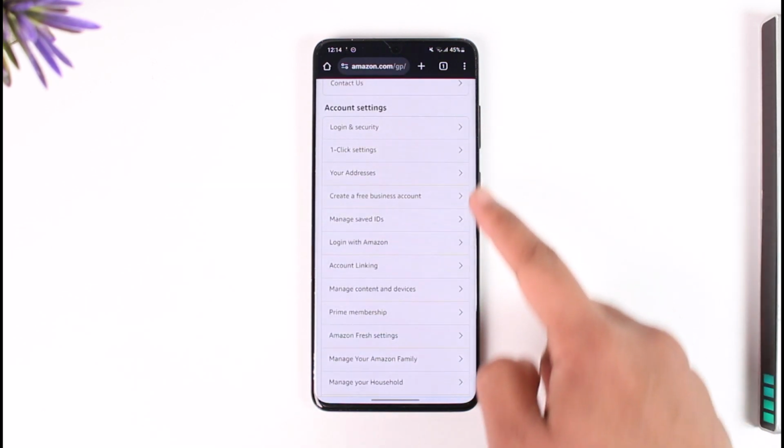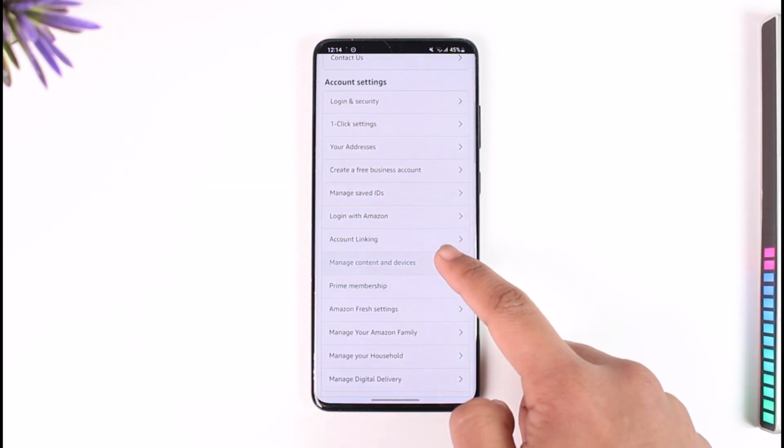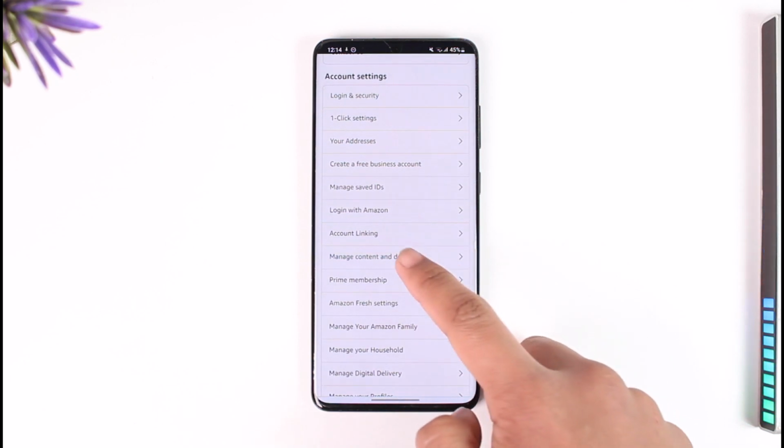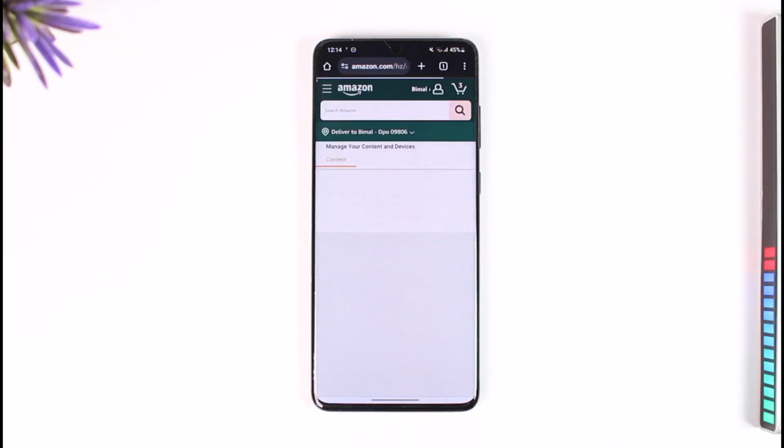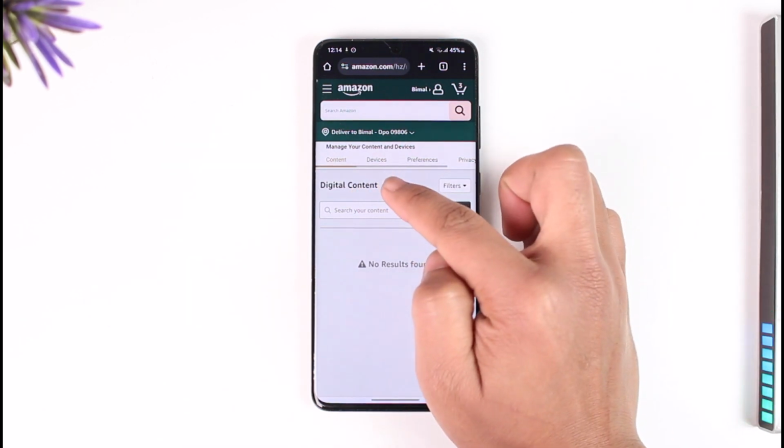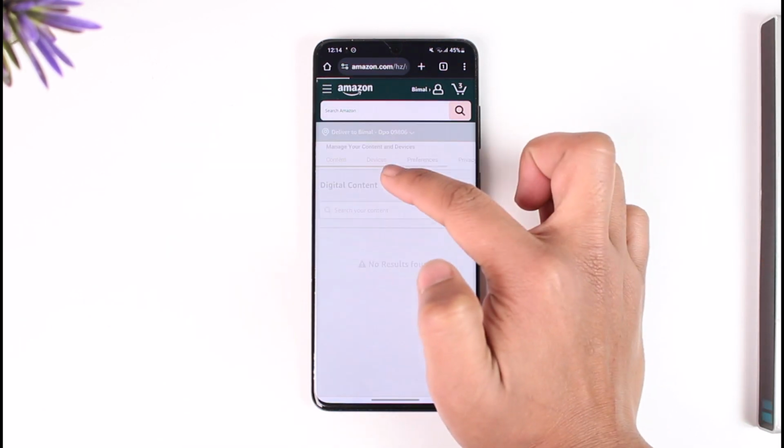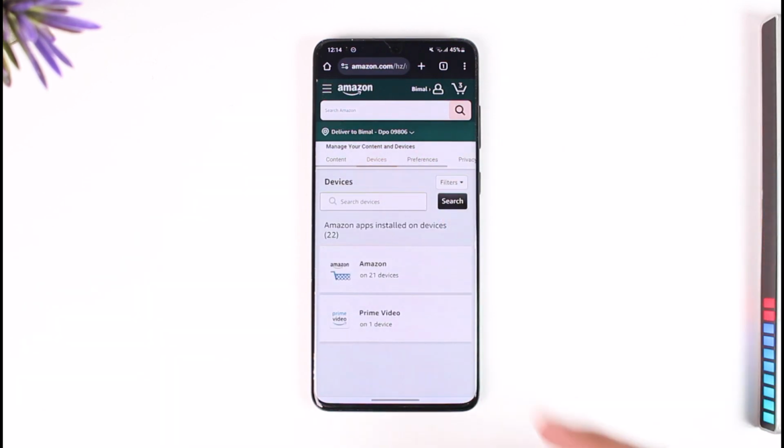Under account and settings you'll find one of the options that says manage content and devices here, so tap on manage content and devices, and when you tap on manage content and devices, from the content tab just switch over to the devices tab. As you can find it, when you are on the devices tab, you should be able